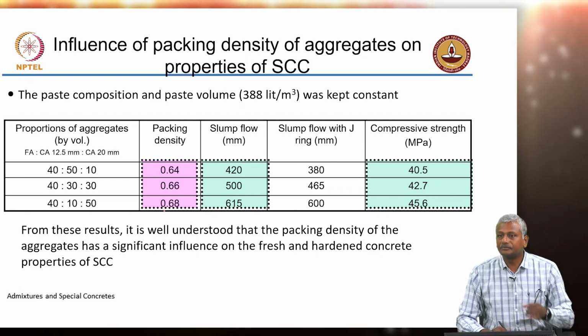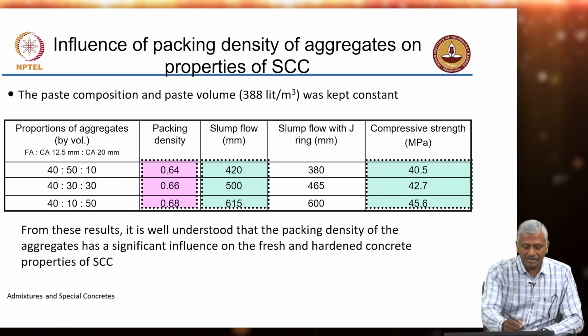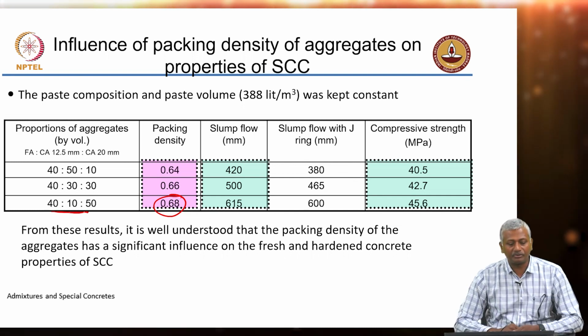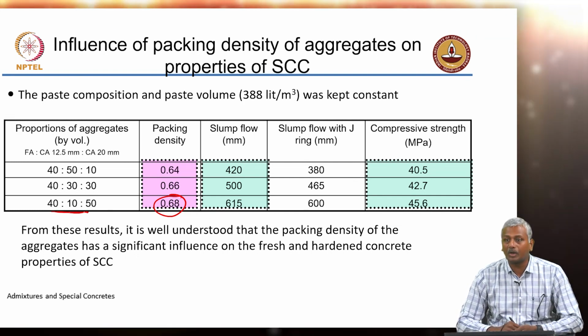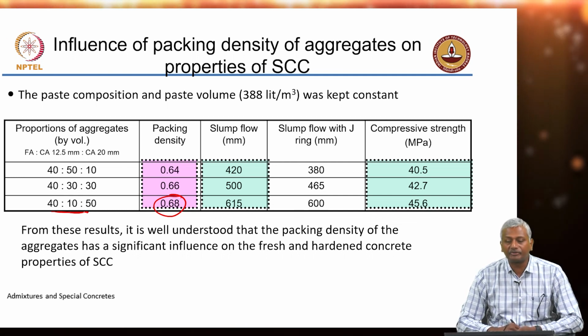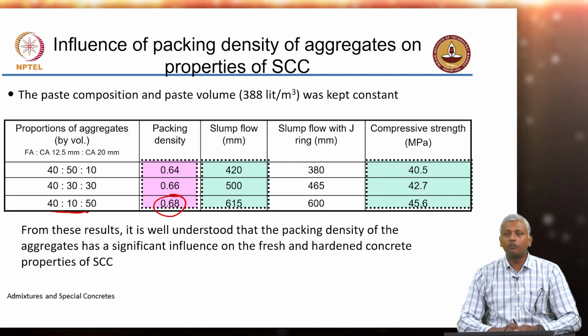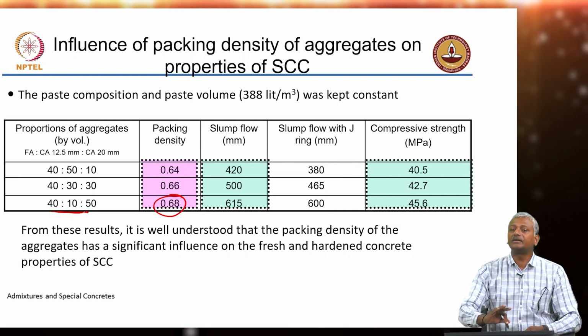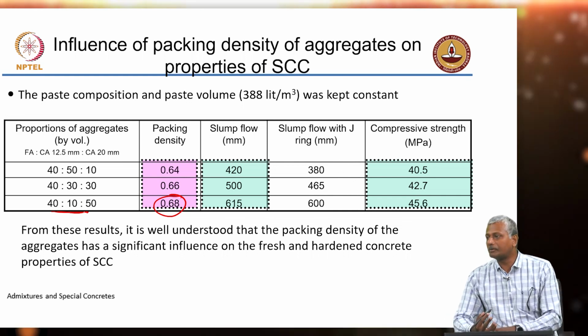What is next? Once we know the packing density, let us say here 0.68, was achieved with 40% of fine aggregate, 10% of 12.5 mm aggregate and 50% of 20 mm aggregate. That was the combination that led to a good packing density of 0.68. First job was to ascertain whether our assumption is correct, whether at higher packing density you optimize the properties or